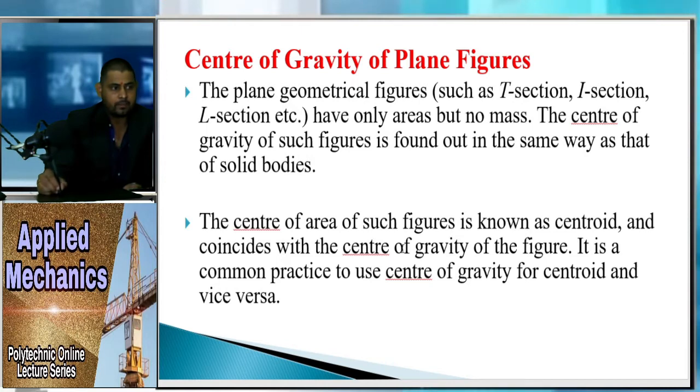This portion is the same as this portion, meaning one is the mirror of the other. So this is the symmetrical section. As the section is symmetrical about the y axis, bisecting the wave, this whole figure is nothing but what we can call a wave. Therefore its center of gravity will lie on the axis.